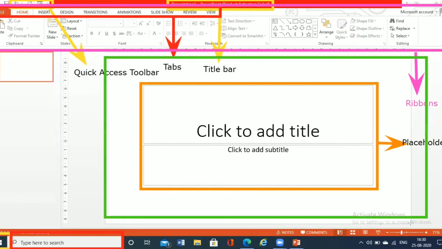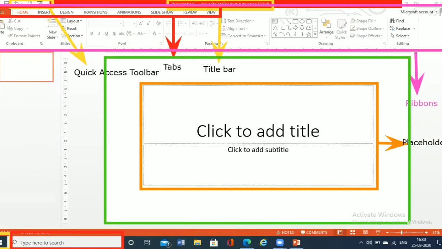These are the slides, the ones I have marked in green. Okay, everyone. So it holds all the information under it. That is why these are known as slides.